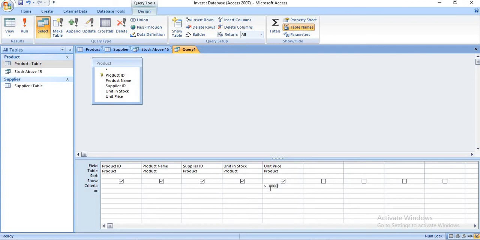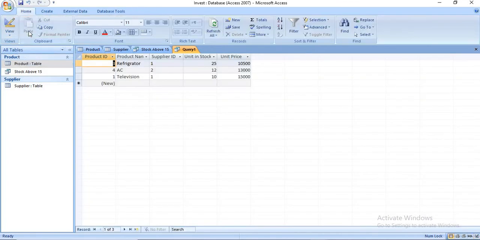Don't use a comma. Just write the number 10000, and sorting in ascending order. So go to Sort and select Ascending. Okay, this is our query. After that, go to the Run section and click on Run. So the prices greater than 10,000 will come in ascending order.